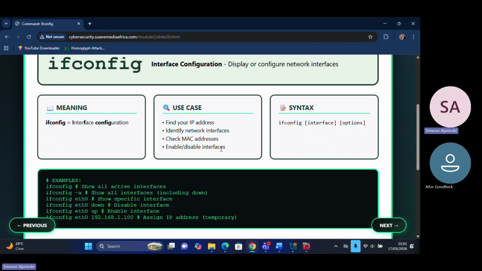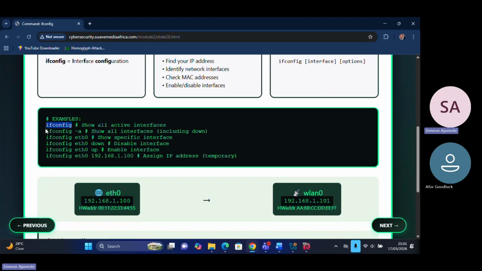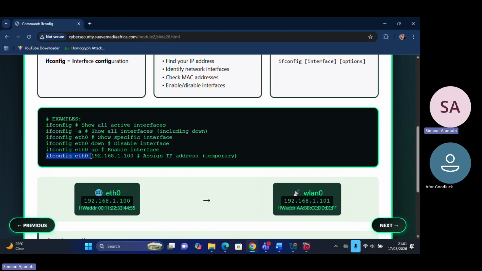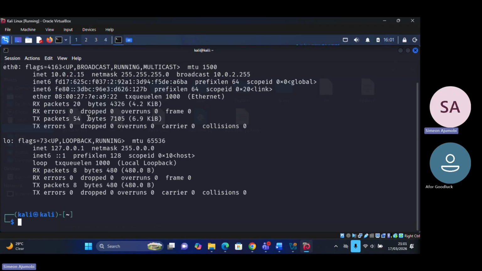So let's go and see what we're going to work with. Let's do ifconfig. Let's do ifconfig -a. Let's do ifconfig and show, or let's just do anything. Let's see if we can work with ifconfig eth0, and you can assign an IP to it. And let's just do something very, very interesting. Okay, let me clear my screen. If you do ifconfig, I press enter, you can see